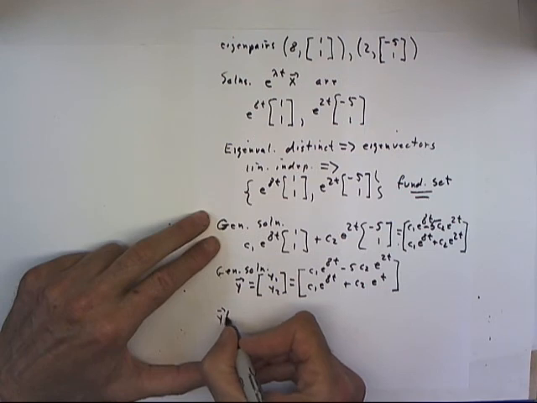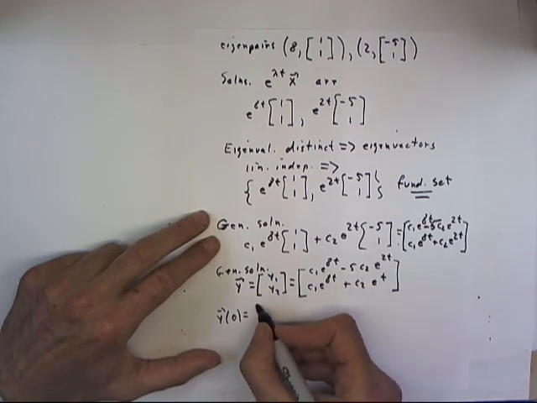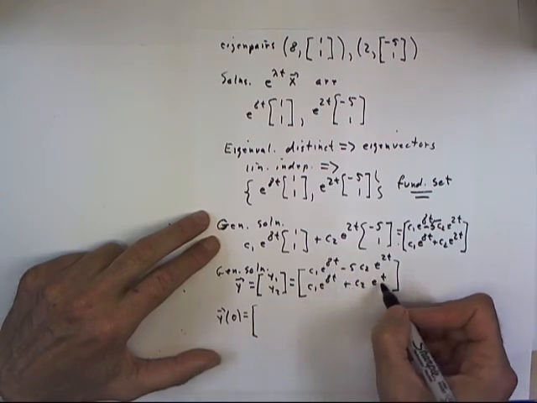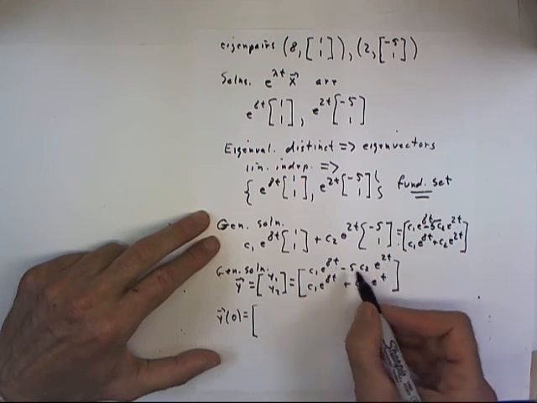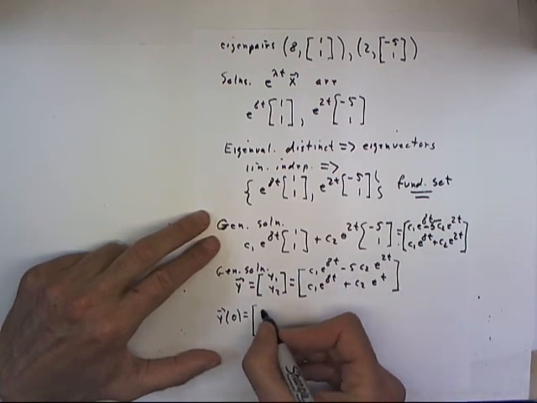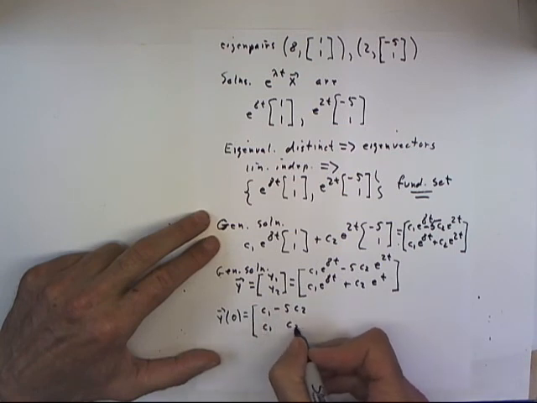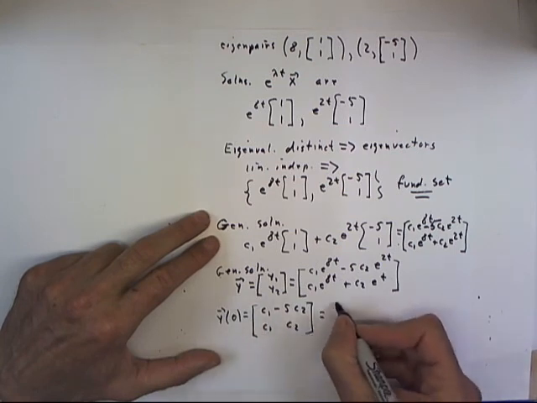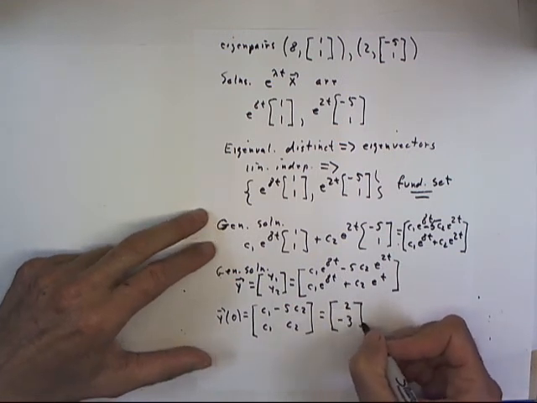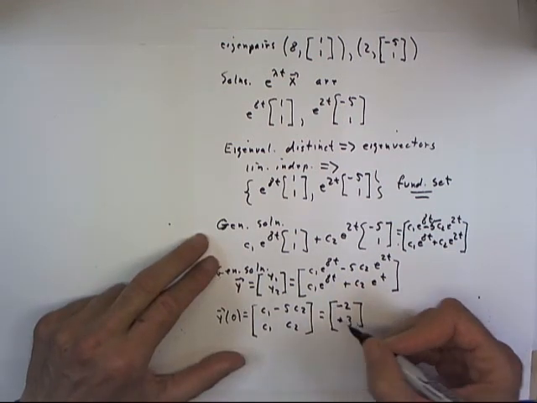So that y of 0, which is equal to what we get when we plug in 0 for this equation, and conveniently, if we plug in 0 into any of these, the exponential becomes e to the 0, and that's just 1, so that we just get C1 minus 5C2, C1, C2, and that equals our y of 0, which, if I remember correctly, was 2, negative 3. Let me just check that to make sure. Nope, it's negative 2, 3. Okay,